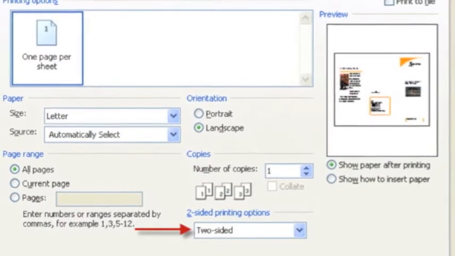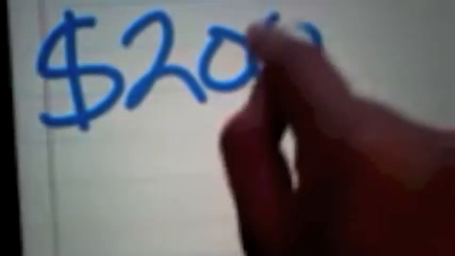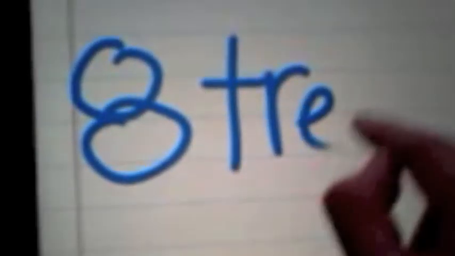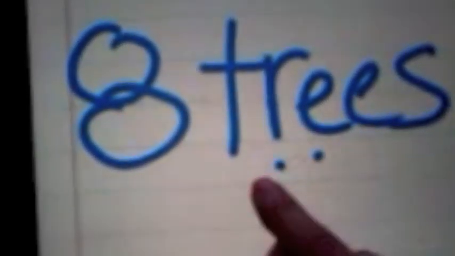If everyone decided to print two-sided and reduce the amount of paper we use, we would save as a school over $200 on printing paper a school year. That's 8 big trees we're saving and putting back into the environment. Just 8 trees, right? When paper is not recycled, it's put into landfills that can be very harmful to the